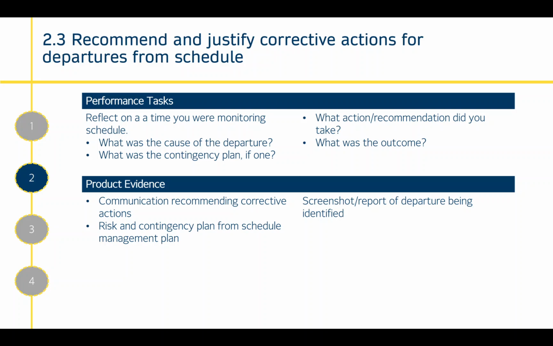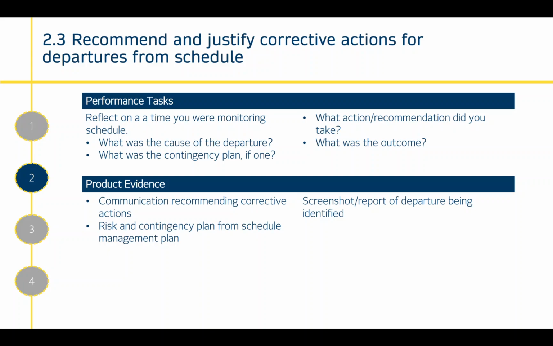Why was it that you picked those corrective actions? So reflecting on the time where you're monitoring schedule, what was the cause of the departure? What was the contingency plan, if there was one? What was the action or recommendation that you took, and what was the outcome? Product evidence would be communication recommending corrective actions, a risk and contingency plan for the schedule management plan, or a screenshot report of the departure being identified, or generally speaking any sort of documentation that's around